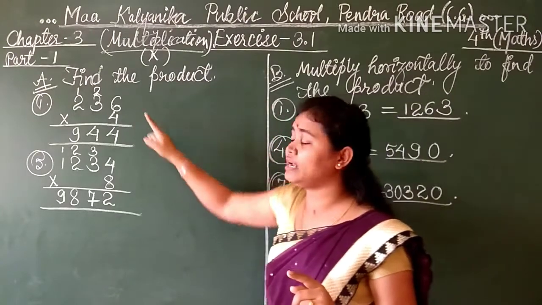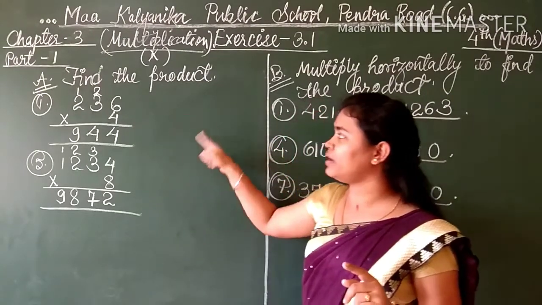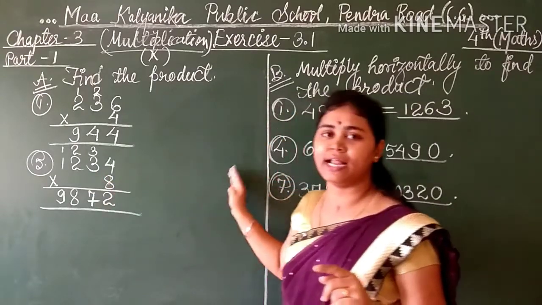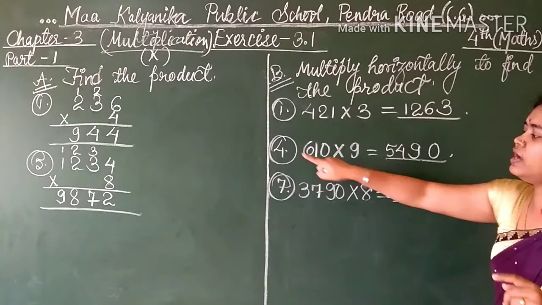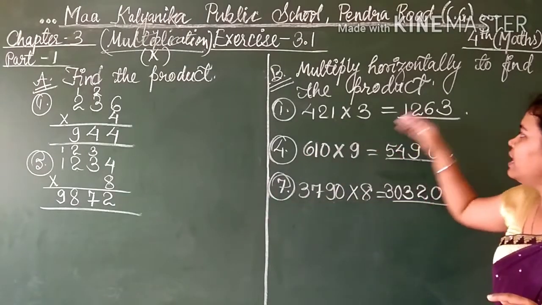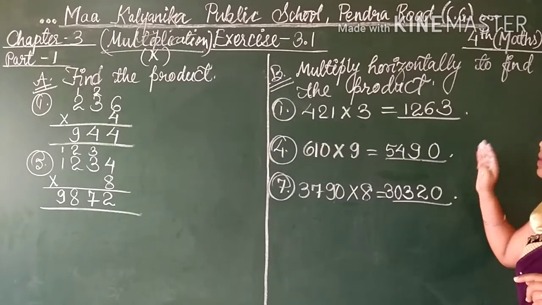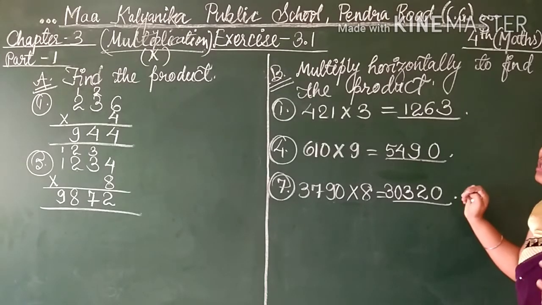And the rest of the questions given in 3.1, A and B are already solved. Questions 1 and 5 I had solved. Rest of the questions like 2, 3, 4 and 5 I had solved, and 6, 7, 8 you will solve by yourself. 1, 4 and 7 I had solved here, and whatever rest is given you have to solve accordingly by watching this number. And one more thing, students,